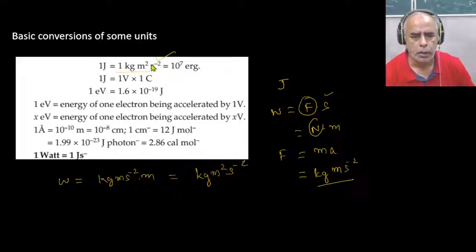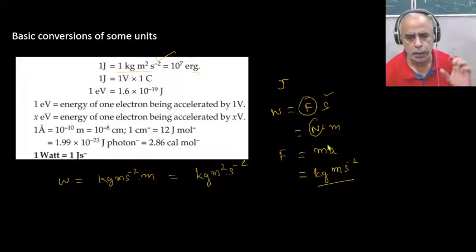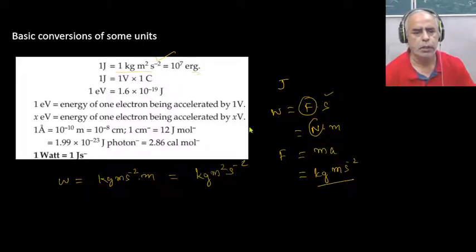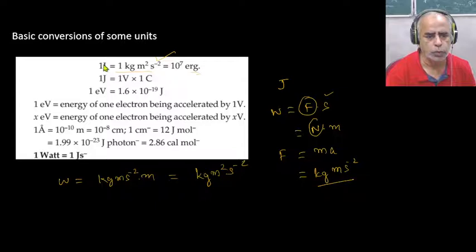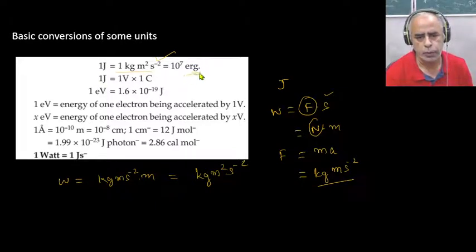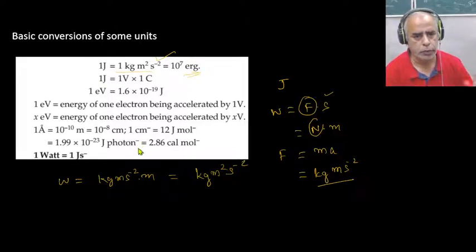And this is equivalent to the heat, that is a mechanical equivalent of heat in terms of ergs. So 10 power 7 ergs, that is 1 joule, okay. And joule is a mechanical equivalent of heat. Mechanical equivalent means these are all mechanical units, and the equivalent for this heat unit is 1 joule. And this 1 joule can also be represented as 10 power 7 ergs. I hope now it is very clear.